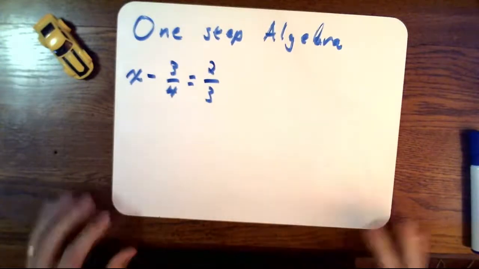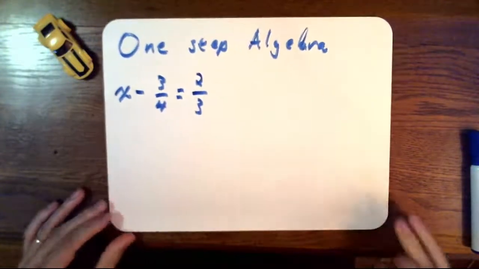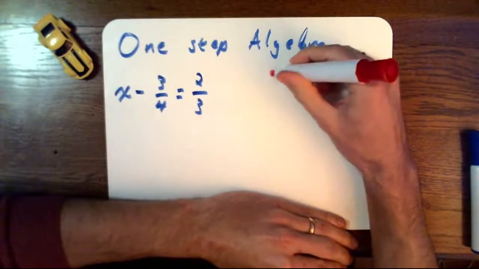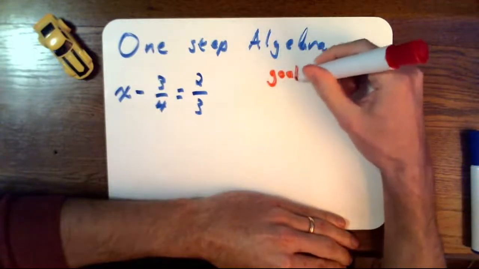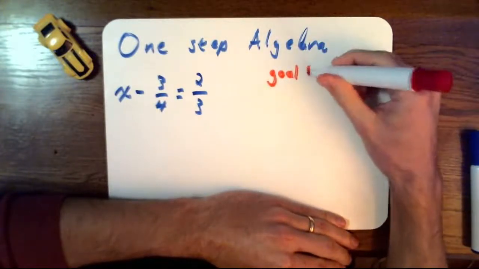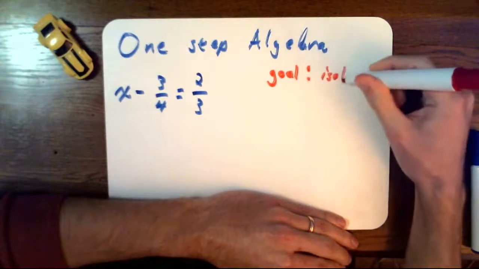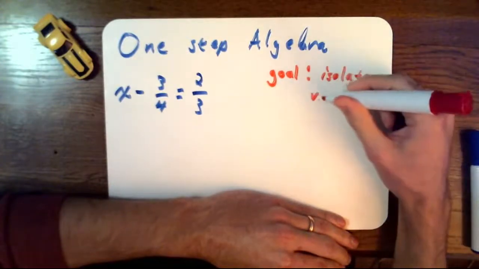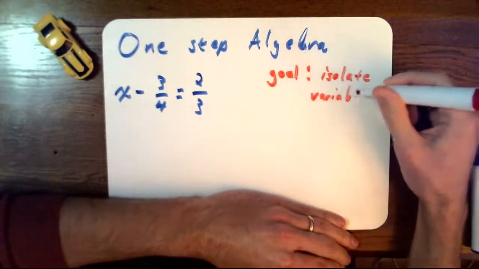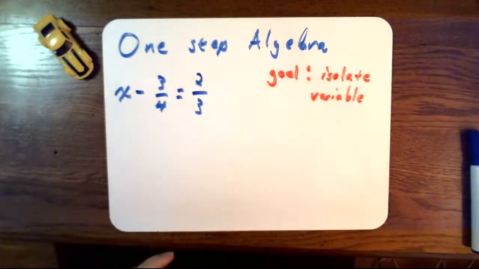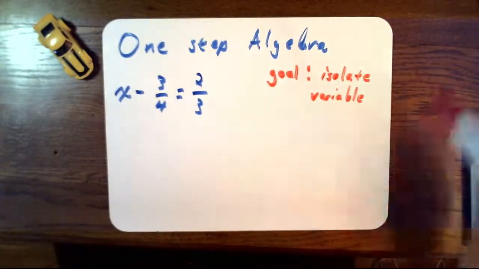So when you're dealing with algebra problems, what is the goal? The goal is always to isolate X or isolate your variable. So I'm just going to say isolate variable. So how do we do that? Well,